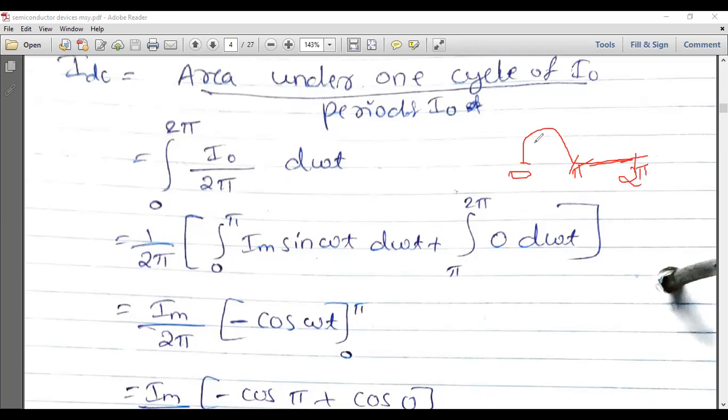Okay. So 0 to π some pulsating DC is there. It is nothing but the instantaneous value. It is moving with AC here now. So I equal to Im sin omega t, we are using 0 to π, plus π to 2π it is 0 only. So this complete term will become 0. So Im I will take outside here now. Im divided by 2π, and the integration of sin omega t is equal to minus cos omega t, 0 to π. We have to substitute here, and the cursor is not moving.